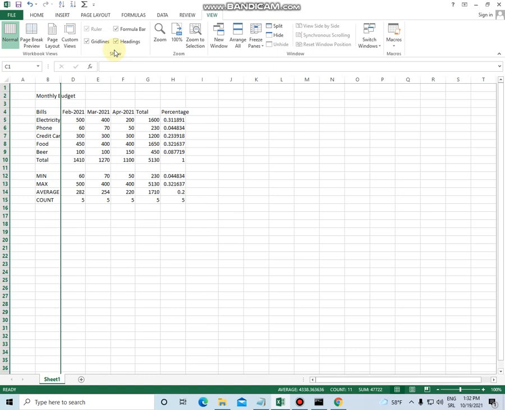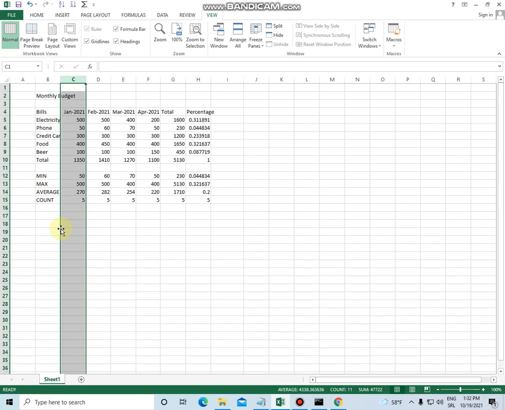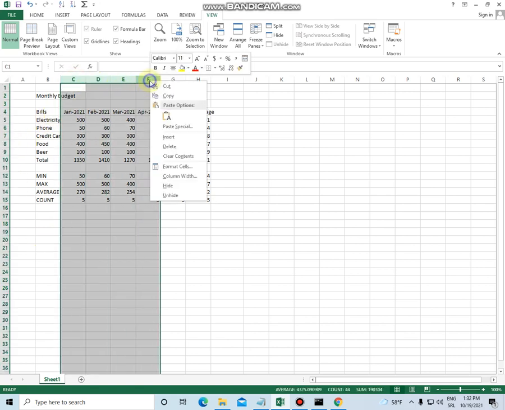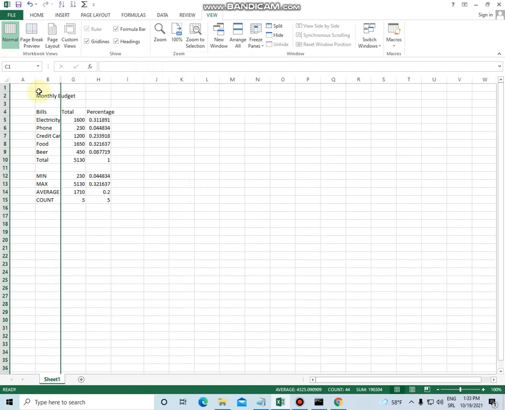So really, worksheet protection is going to take us much further. It's a much better option. So let me return column C. We can bring this column back. For example, I can hide all four months here by selecting them and clicking on hide.